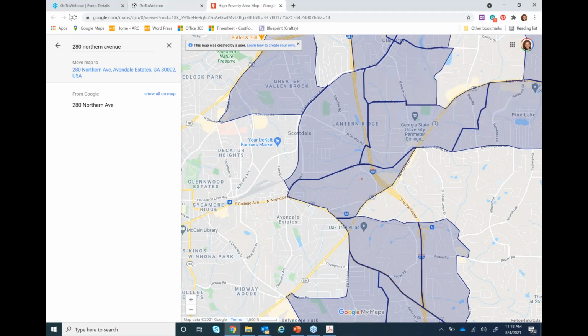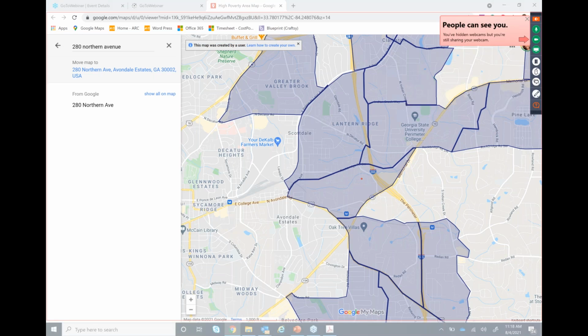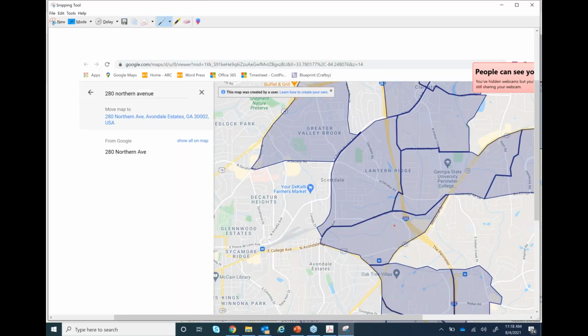Screenshot this image. Boom. Make sure when you screenshot the image that you're capturing not just the pin and not just the picture, but the address too, because we shouldn't have to assume anything. Just looking at a picture of a map with a red dot on it does not tell me the whole story. So make sure you're capturing the whole image with the address, so that it shows that I looked up this address and it's in a high poverty area.